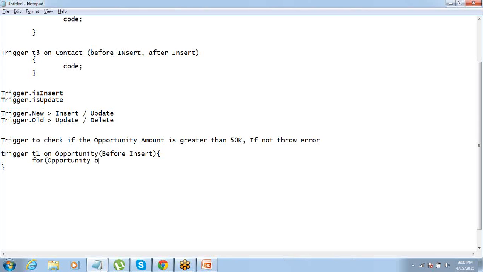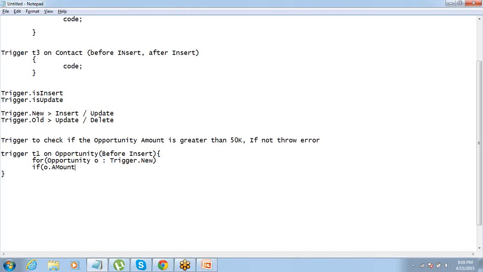for opportunity O, I define a new opportunity S object, in trigger.new. If O dot amount. So O is one value in trigger.new.